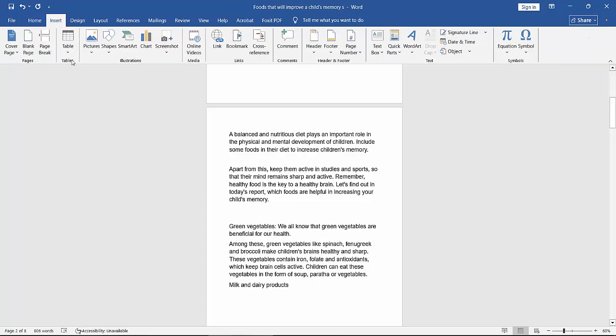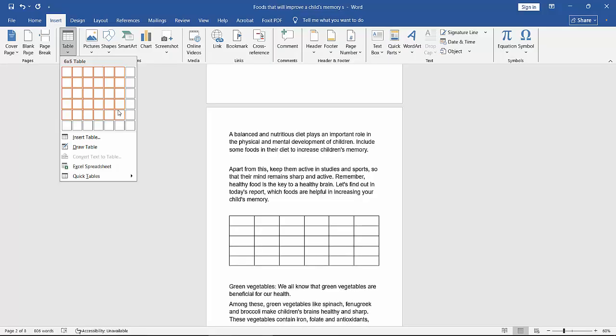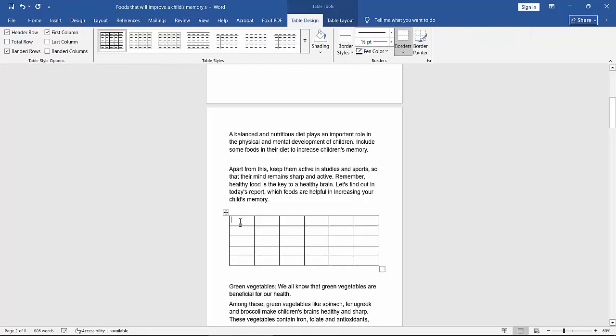Select insert table and see this. Now you can type text and anything on this table,